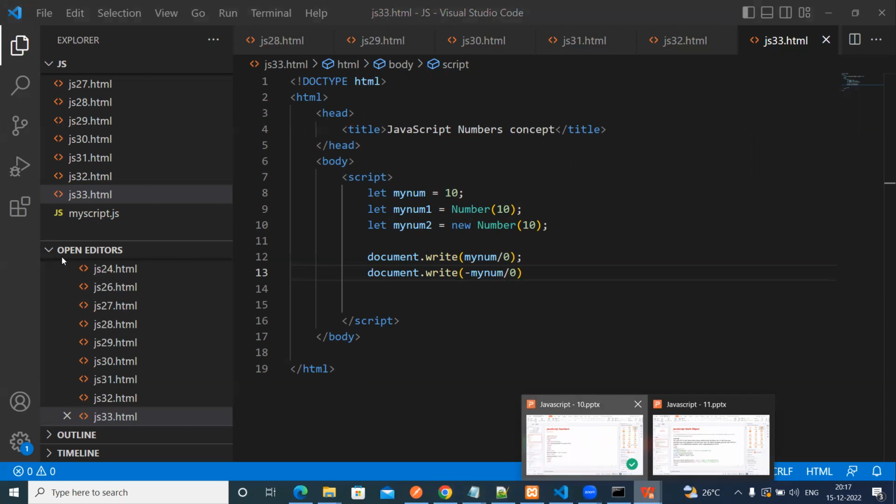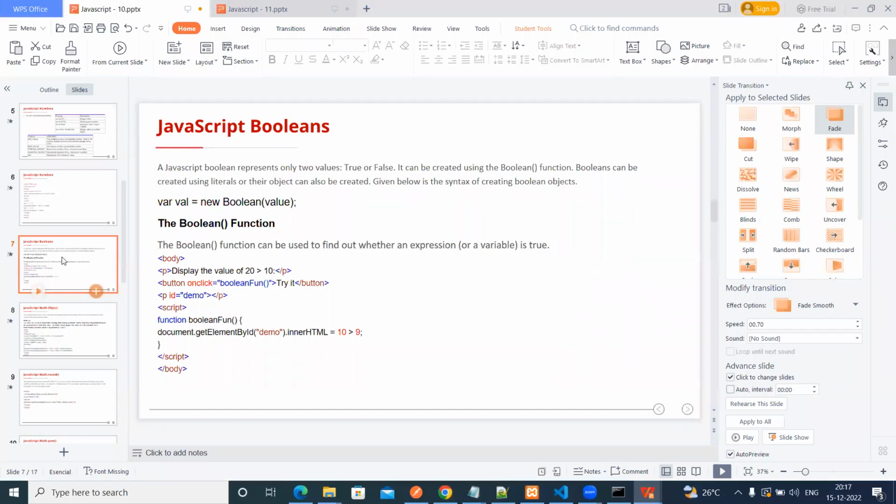is the boolean. It's a small concept only. The JavaScript boolean represents only two values, either true or false. We already checked it in the conditions format, right? It can be created using the Boolean function, using literals, or the object way also. We can create the object way also. Okay, so then